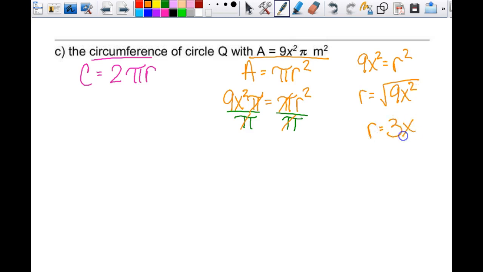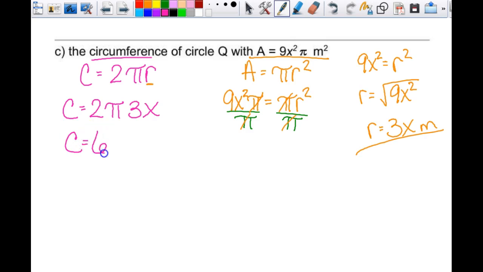3x, right? Square root of 9 is 3. Square root of x squared is x. So that's my radius. Am I done? No, I got to substitute it in right here, right? Because that's what I'm actually looking for. So my circumference is equal to 2 times pi times the radius, which is 3x. So 2 times 3 is 6, right? So 6x